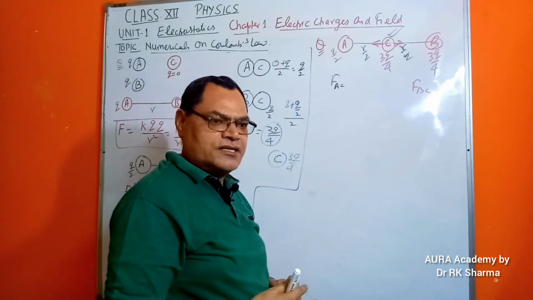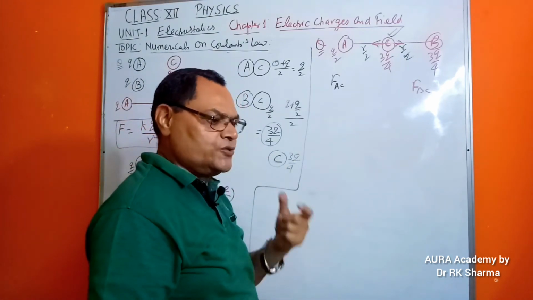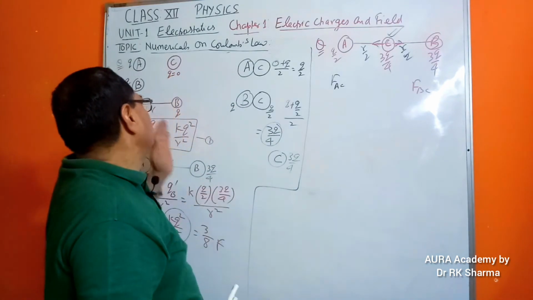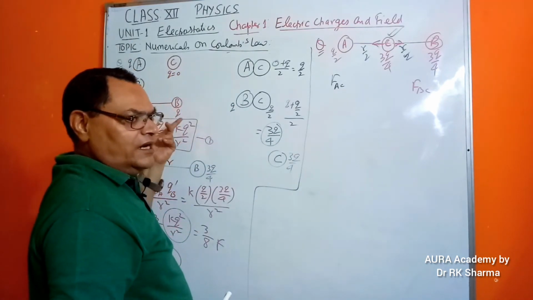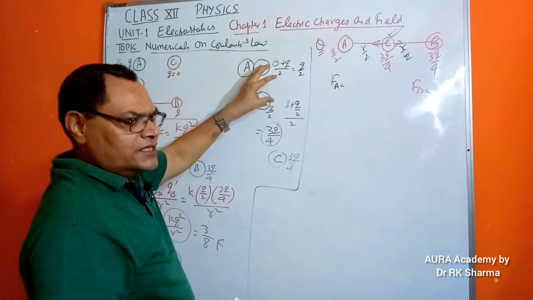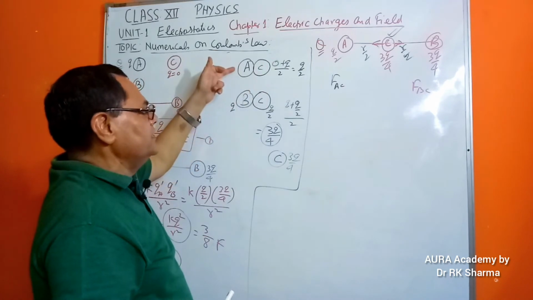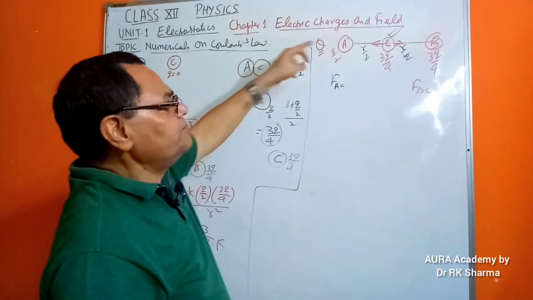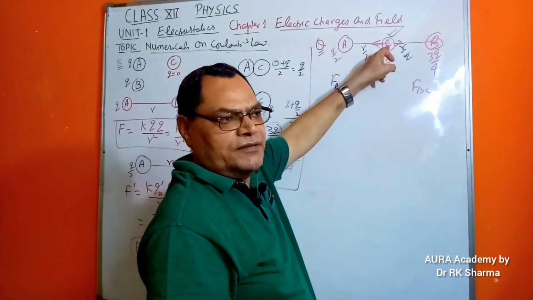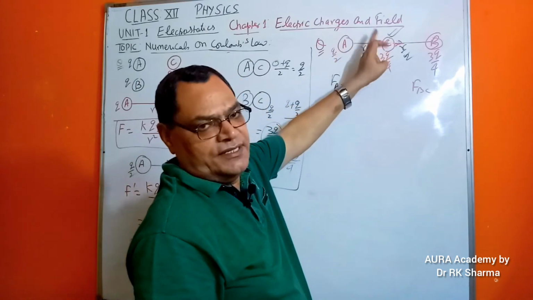Are you getting my point? So finally let me repeat once more what the actual question is. Originally A and B were the charged spheres at distance R. Now there was a third, identical sphere C. When that C is touched with A, then touched with B and placed at the midpoint between A and B, calculate or find the total force at C. Clear?